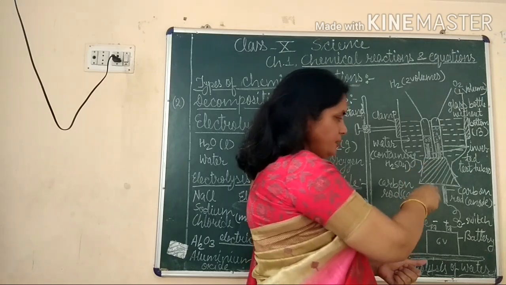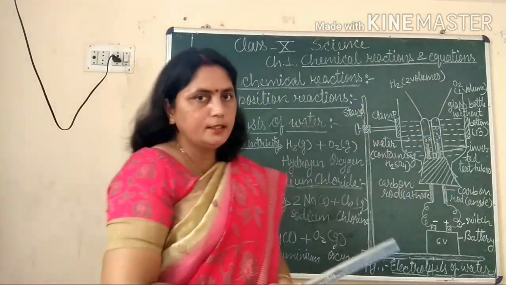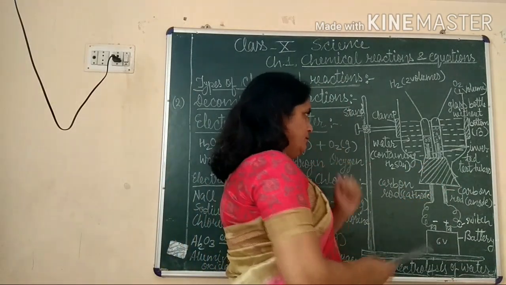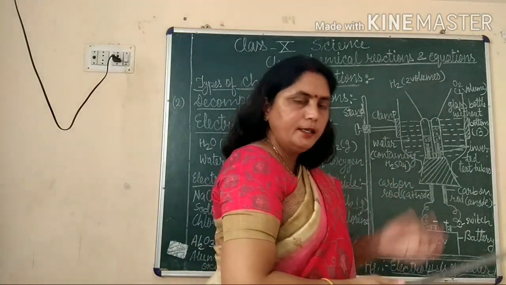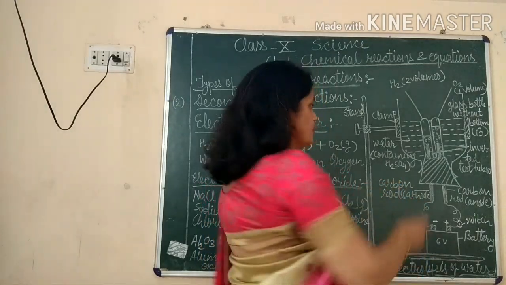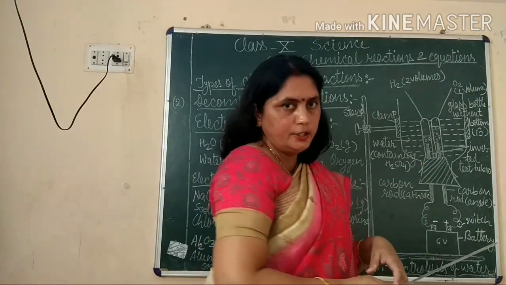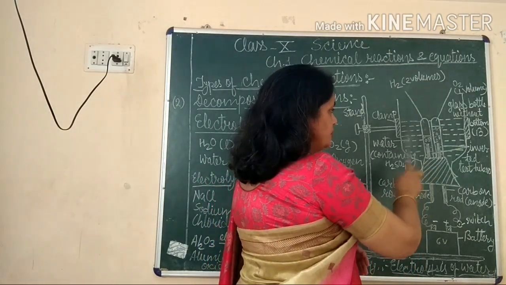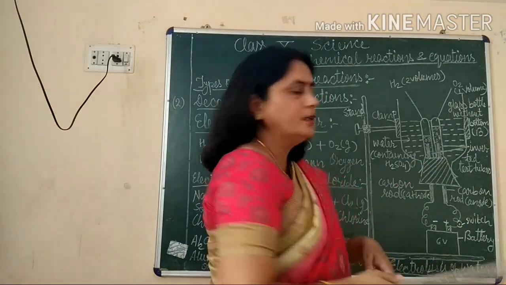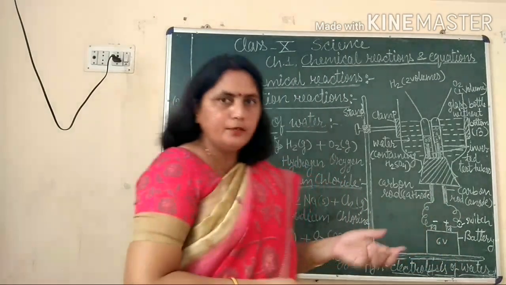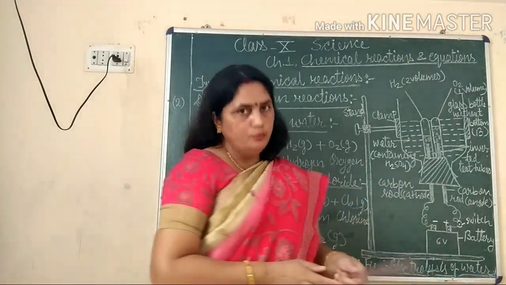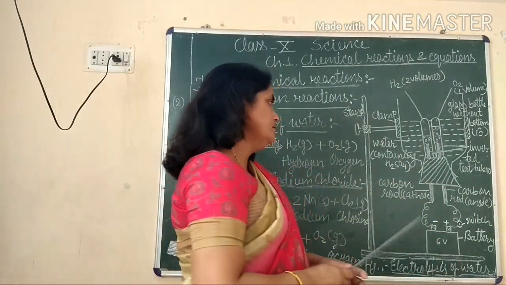These two carbon rods are called electrodes in this setup. Now the test tubes are fully filled with water and they are carefully inverted, so the water will not come out initially, because in the surroundings also it is completely filled with water, so the pressure of water inside the test tube and outside the test tube is equal, so the water will not move out initially.